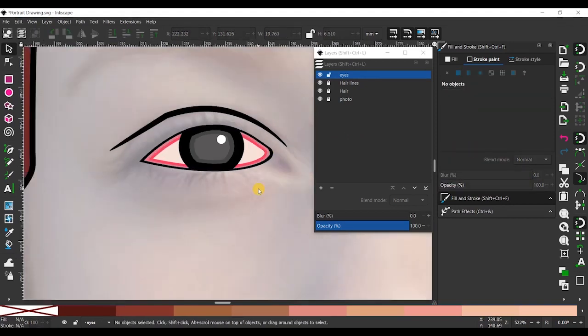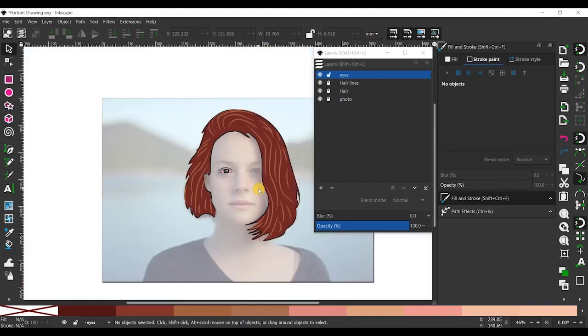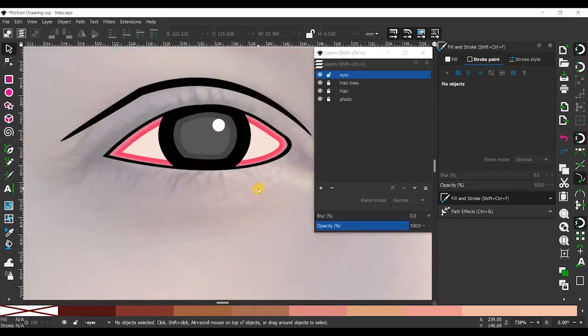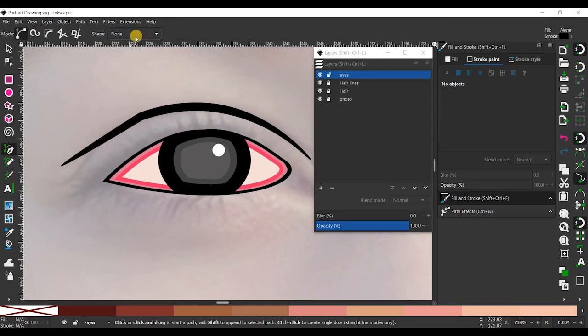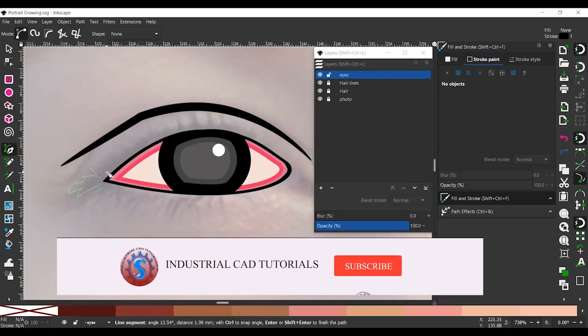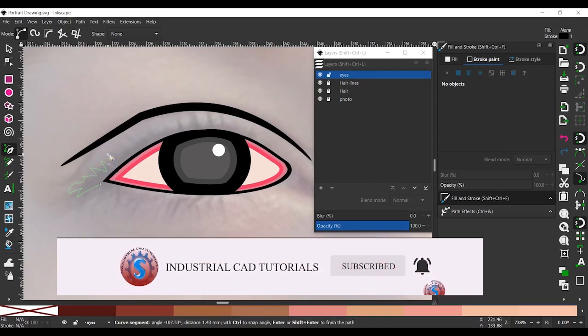You can observe the eye is created using the ellipse tool, the none tool, Control D, and align and distribute. You can use align, distribute, and path effect, simply four methods to create the eye. Again set the shape to none, use the pen tool, and give hair on the eye. You can observe the small hair on the top and the bottom of the eye. You can create it like this.